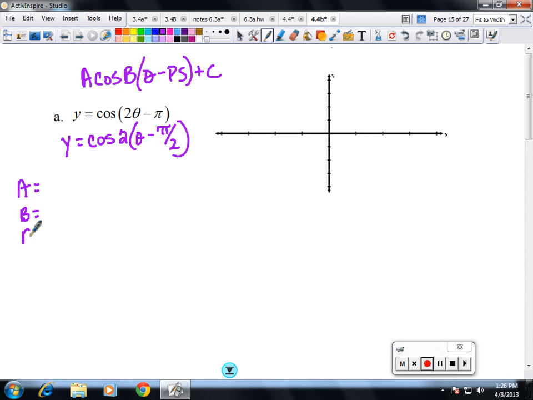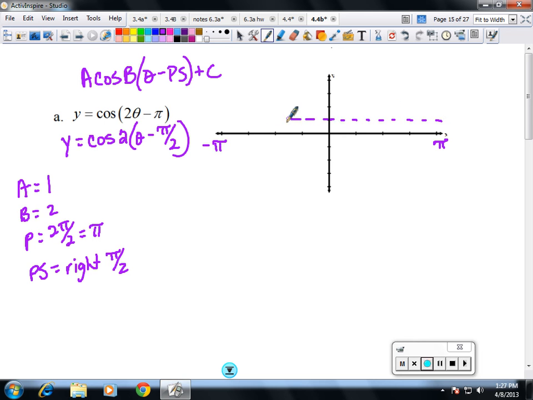So I'm going to come down through here and get all my stuff. A is 1, B is 2, the phase, oops, I skipped the period. The period is 2 pi over 2, or pi. The phase shift is right pi over 2. So I'm going to label my ends with my period. That's all it does. The amplitude is 1